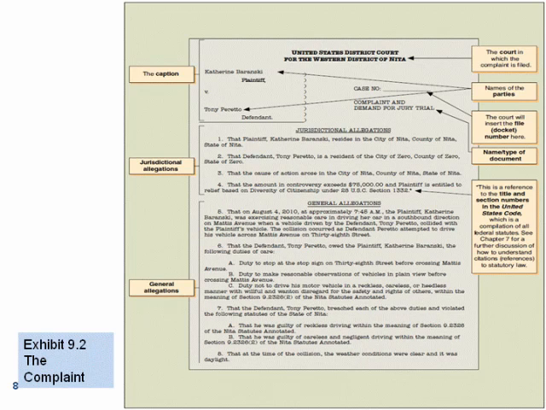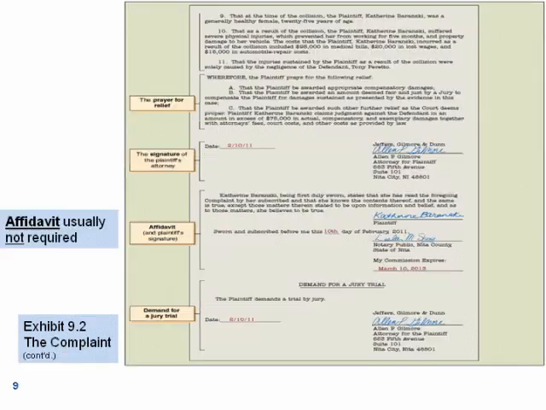This is an example of a complaint. This is actually filed in federal court. It's not completely typical of the ones we would see in Texas, but you can see the caption is that very top area. Then you can see there are jurisdictional allegations, and then there are the general allegations. You can see in that wherefore paragraph, there's a prayer for relief, then there's a signature, and then there's an